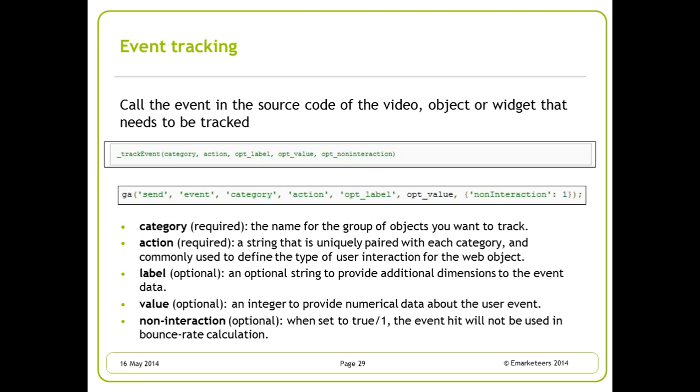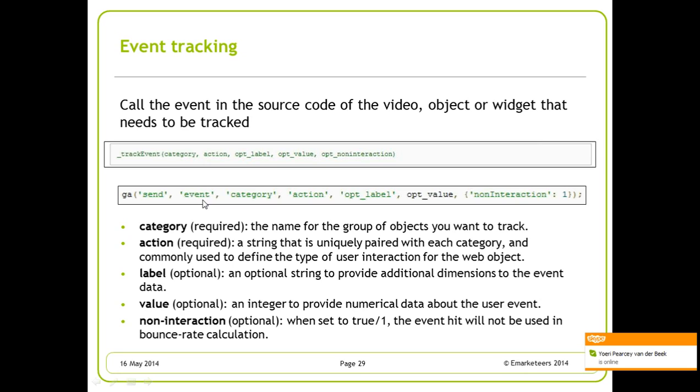Then we have event tracking. Event tracking is used for measuring anything that's not a page view, really. So if you have links to PDFs that can be downloaded, if you have links to external websites, if you have any documents that can be downloaded, or even for video, you can use event tracking. Here at the top you see the syntax of the previous event tracking code. Here below, the new syntax for Universal Analytics. GA send event, and then category, action, and all the other labels are optional, so forget about them for now.